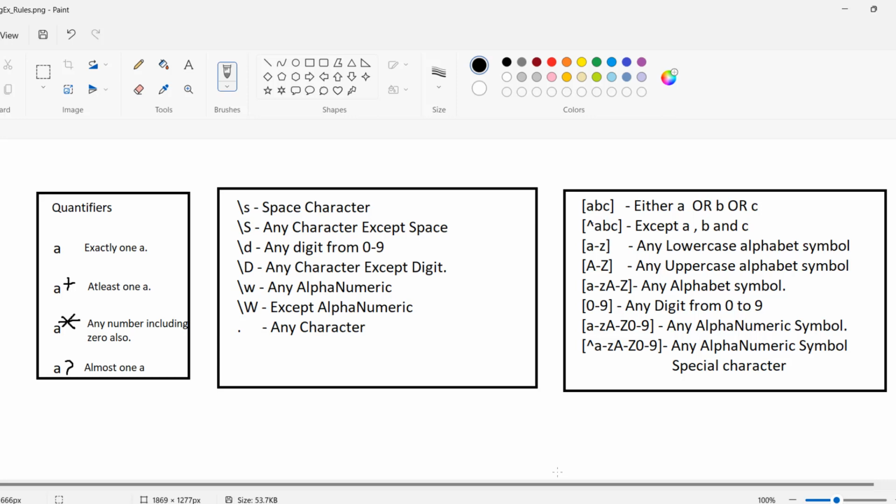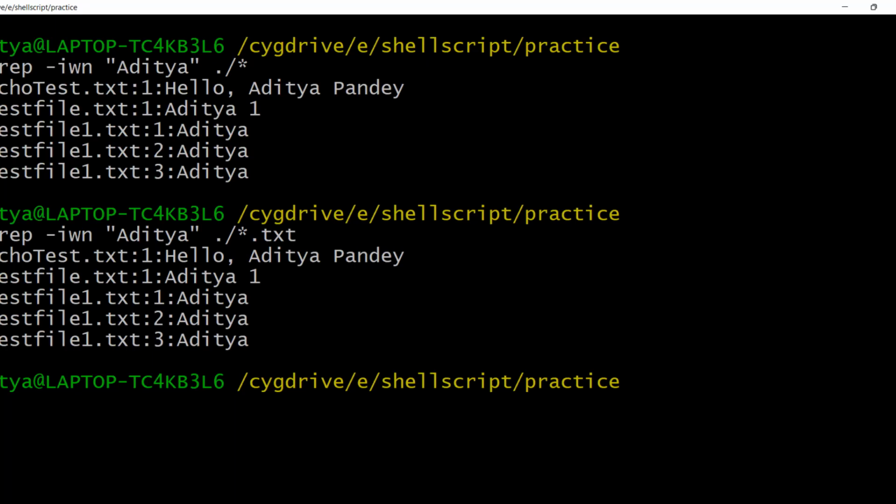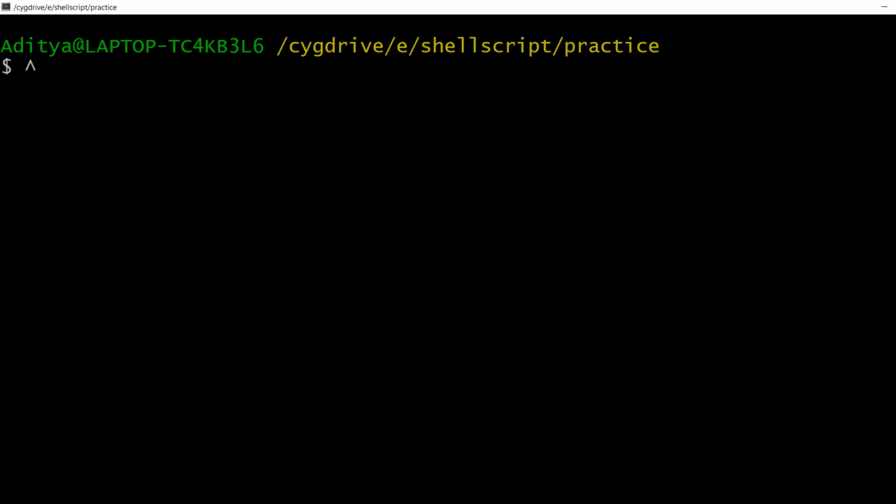In this video I will cover 1 or 2 examples of the grep command, 1 or 2 examples of regular expressions, and after that I will move into the Linux HackerRank programming challenges of the grep command. So let's see some examples of regular expressions in the grep command. First of all, I am going to clear the screen. This symbol means whenever the value is first matched,